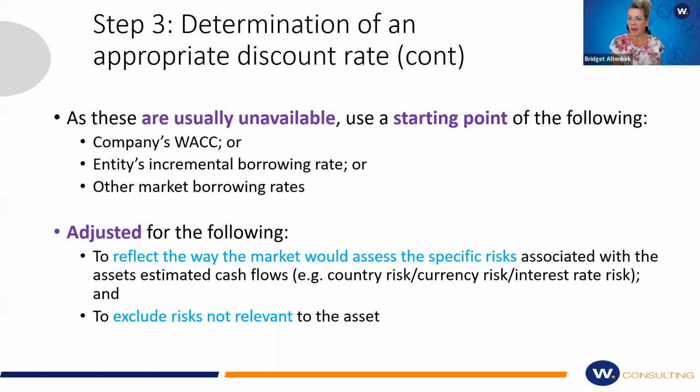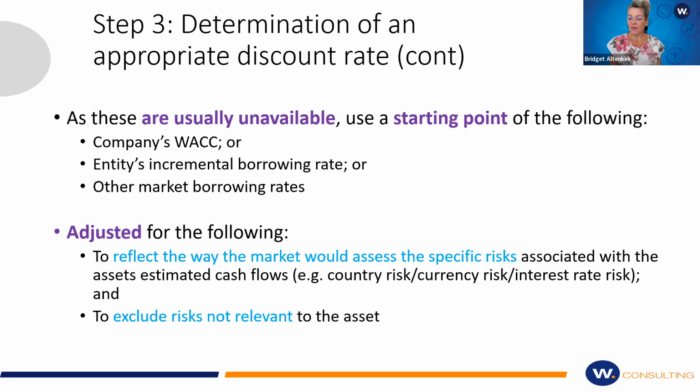So what may an entity use as a starting point for determining the appropriate discount rate? They may look at the company's WACC, which is the weighted average cost of capital, or they may look at the entity's incremental borrowing rate or some other market borrowing rate. But remember, they wouldn't just use those rates as they are. The entity would need to make adjustments to those rates because the WACC and incremental borrowing rate, for example, would be an entity-wide discount rate. If you are now looking to determine the discount rate for a particular asset or group of assets,